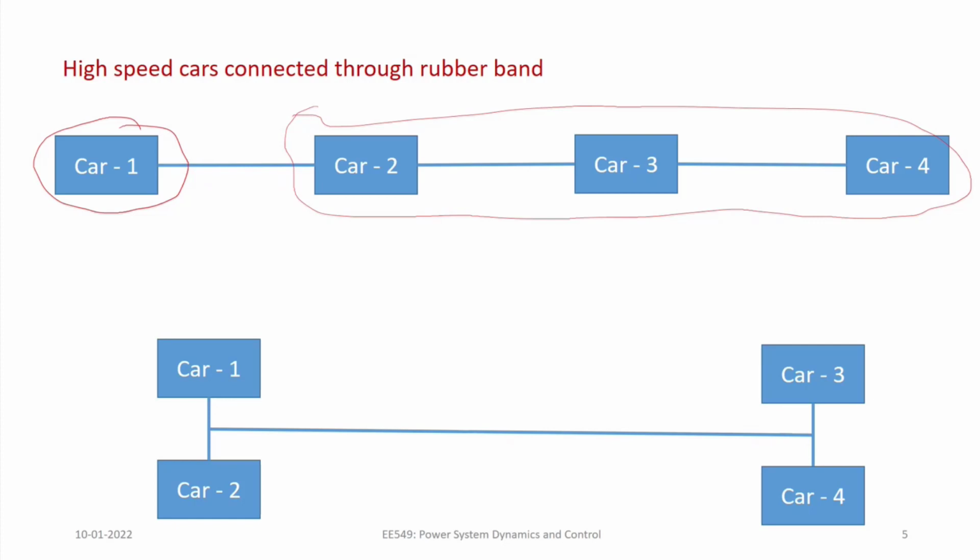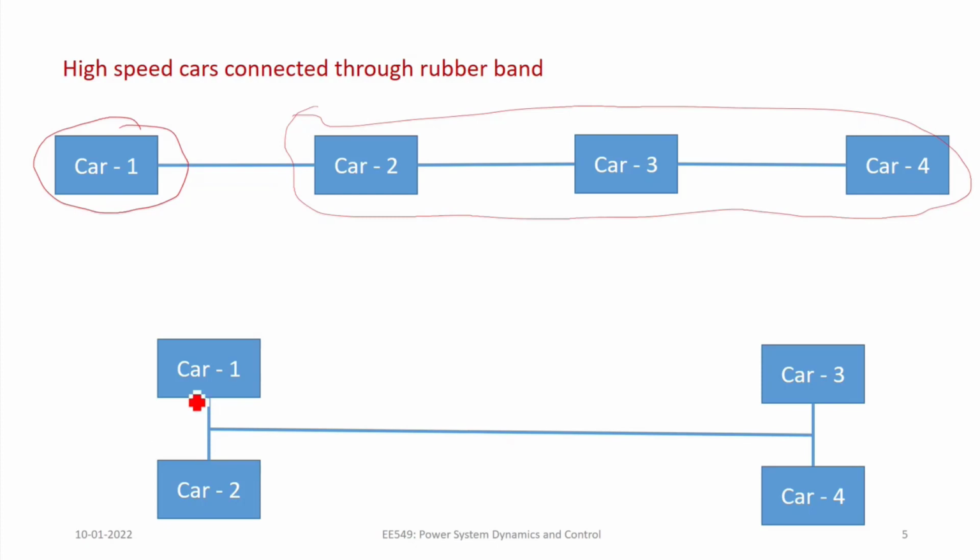If the force of car 1 is much more, enough to break the rubber band, then car 1 will become out of step from cars 2, 3, 4, right? It will become an unstable system. So this is a beautiful analogy. Similarly,